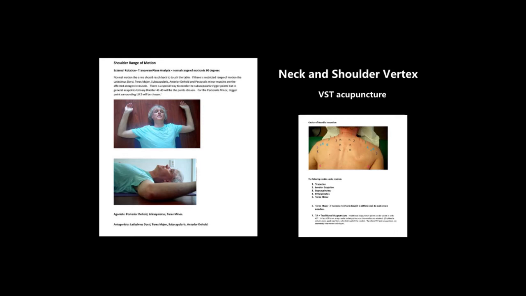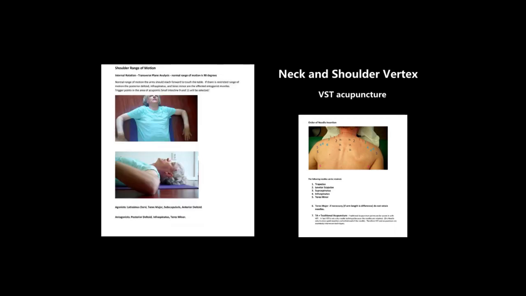So again, the agonist muscles are the posterior deltoid, infraspinatus, and teres minor, but the antagonists, which are restricting that range of motion, are latissimus dorsi, teres major, subscapularis, and anterior deltoid. On the internal range of motion, you'll see the arms bending down, again held out at about 90 degrees, but internal range of motion,